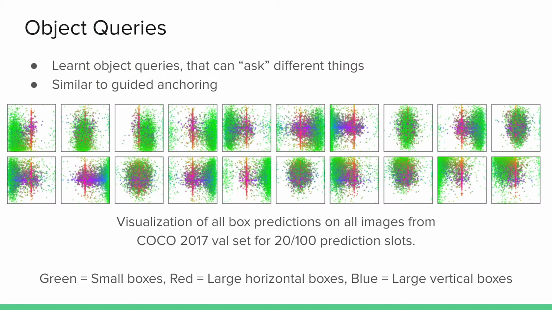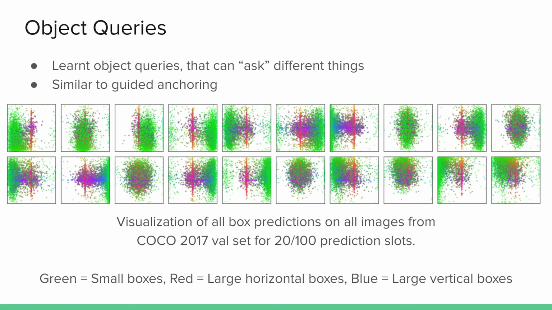What are these object queries, you might ask yourself. Object queries are actually learned as well. It's a really interesting idea that the network is able to sort of ask the decoder different things, and for different questions, you get different answers. It's an idea similar to guided anchoring, where we also learn where to look